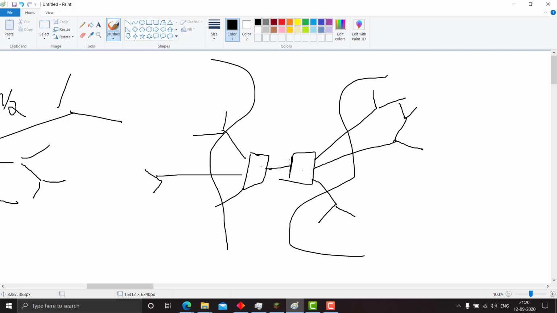Now what's your task? Your task is to make only one unique centroid, right? So what you do is remove one vertex from here. Suppose you remove this and add it here.